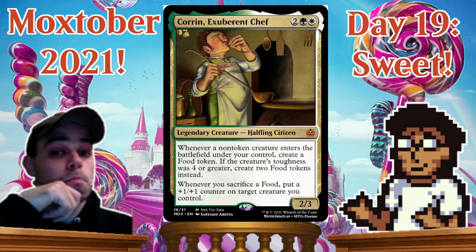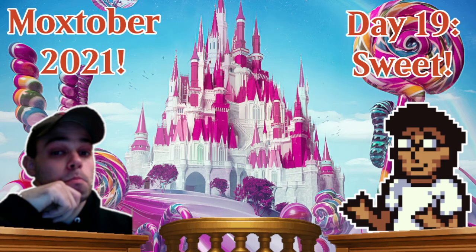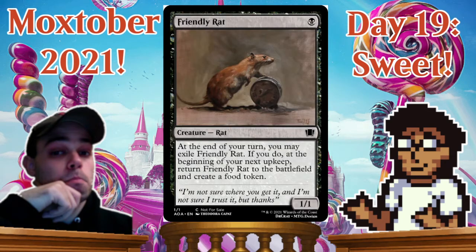Okay, so my next card is going to be sticking in the MSC file, and it's Friendly Rat. So let's head over there. This is a really simple design. One black. At the end of your turn, which I probably should be like at the beginning of your end step, you may exile a Friendly Rat. If you do, at the beginning of your next upkeep, return Friendly Rat to the battlefield and create a food